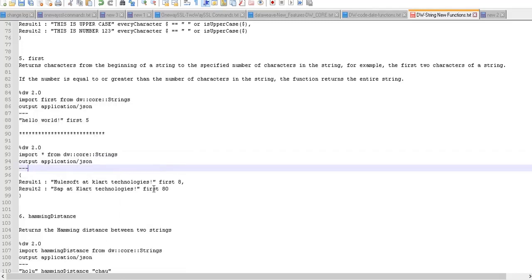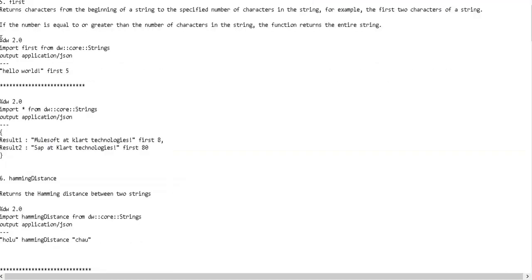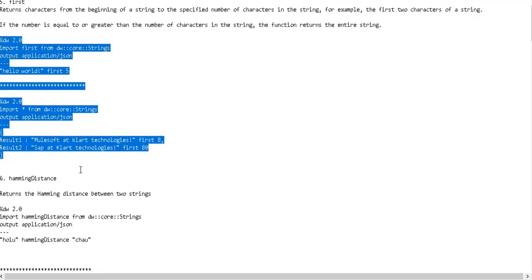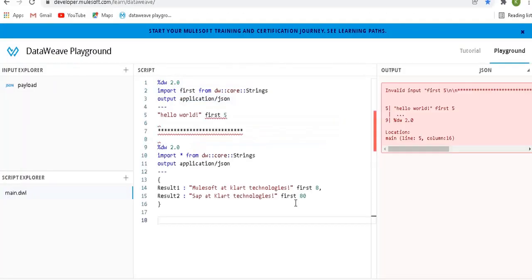Or else you can just use it like MuleSoft at Clarity Technologies first. So let's copy this example. One second.